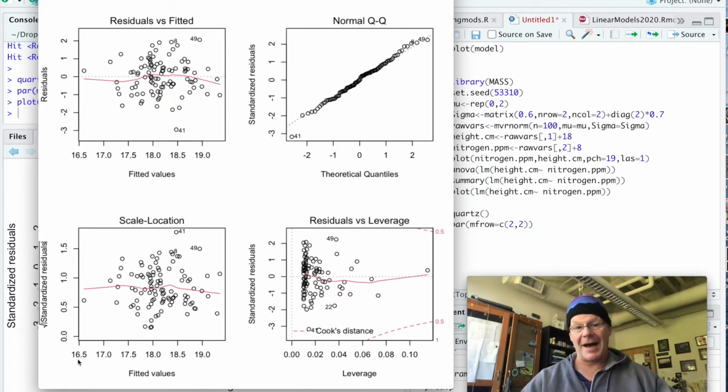here everything is on the positive side. It's the square root of the absolute value of the standardized residuals. And again, what we would like here is there to be no pattern. And if we look at this red line, that red line looks pretty horizontal. So I am really not worried at all about there being any kind of residuals or individuals that I'm concerned